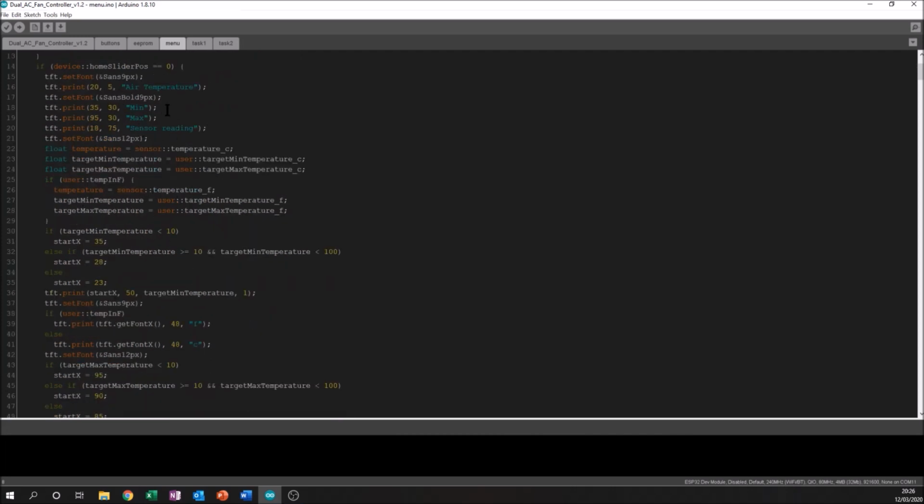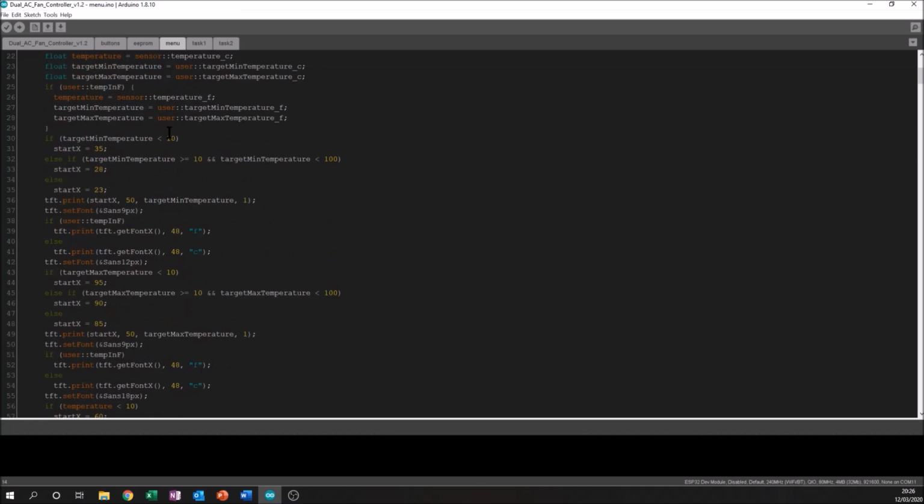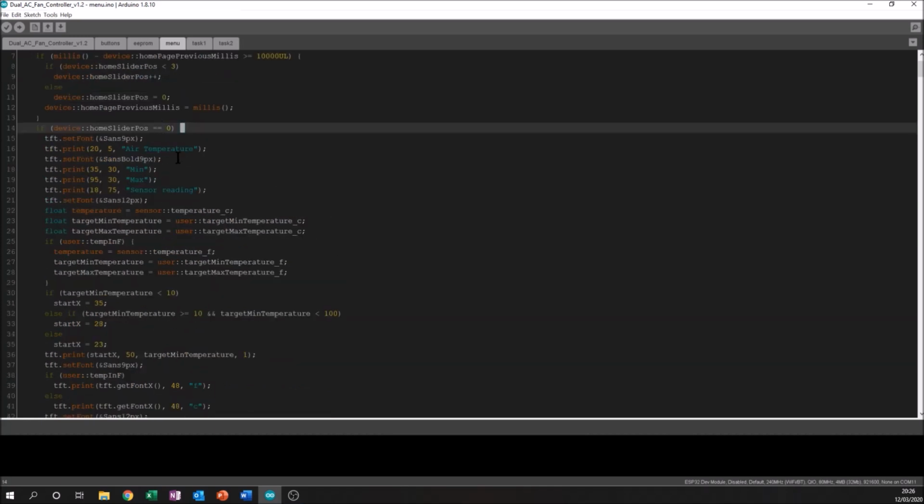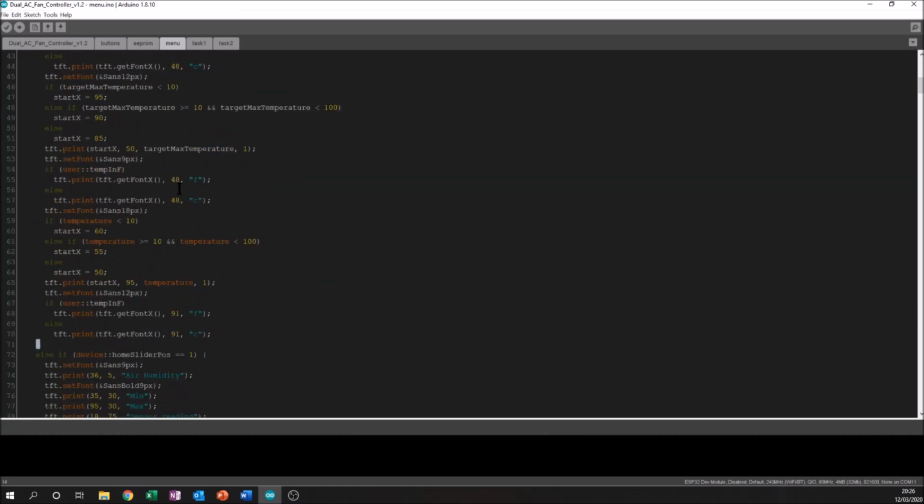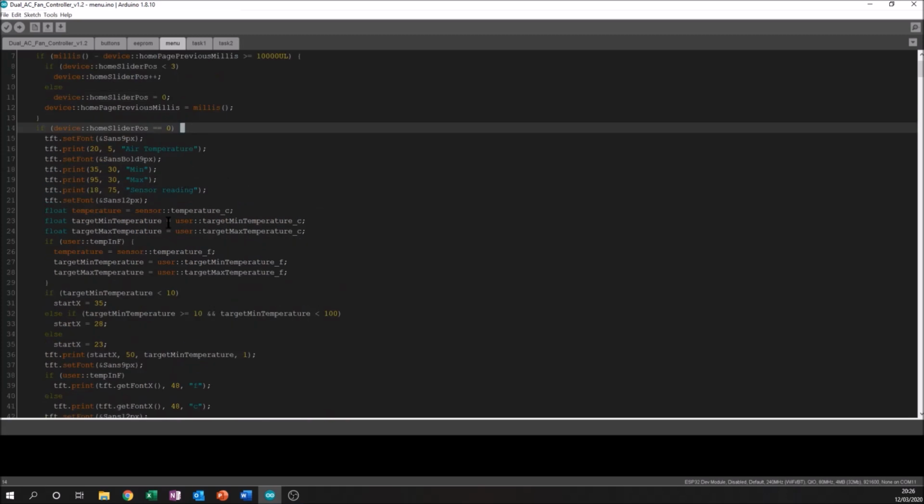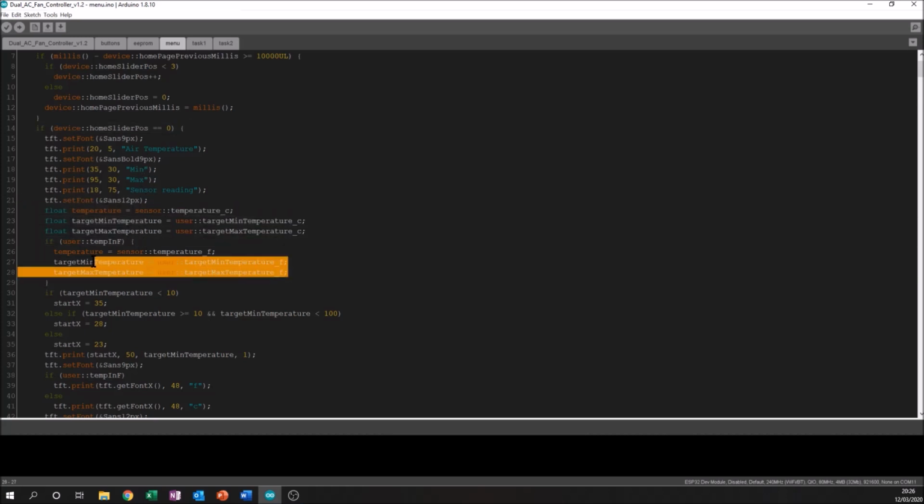As I said, there are multiple pages. This is the home slider, so there'll be multiple positions. There's one for the temperature here. As I said, by default it'll be set to Celsius for display. Else, if they're in Fahrenheit, it would display the temperature in Fahrenheit, which is actually a true reading,